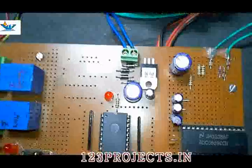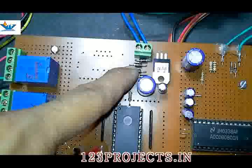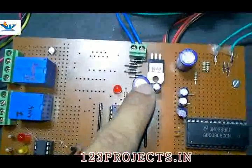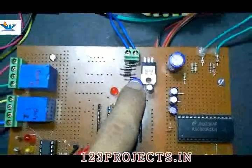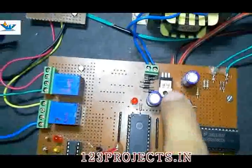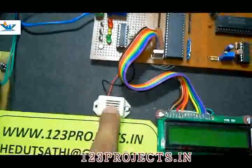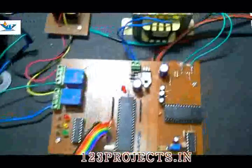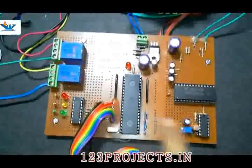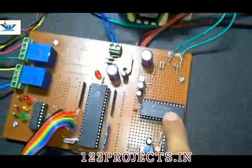this 12 volt AC will be fed to this bridge rectifier. Then the supply goes to a filter capacitor and it will become a smooth DC. Then the 12 volt is available at pin number 1 and relay and buzzer supply pin, while this microcontroller, this ULN2803 logic supply, this clock generator and this ADC 0808